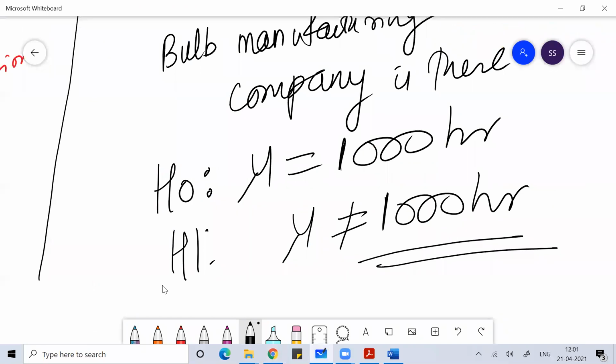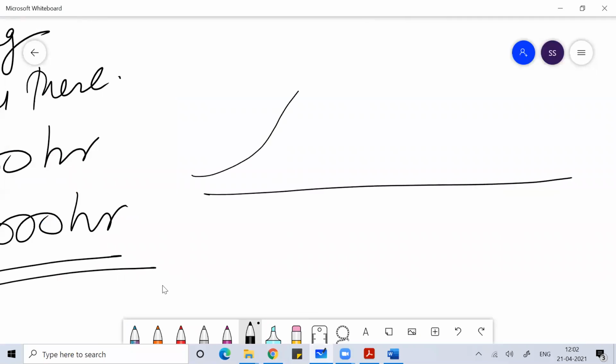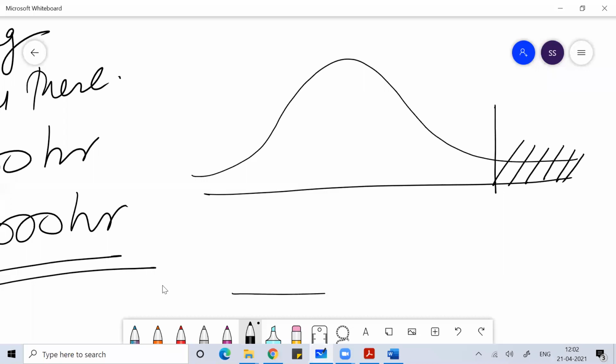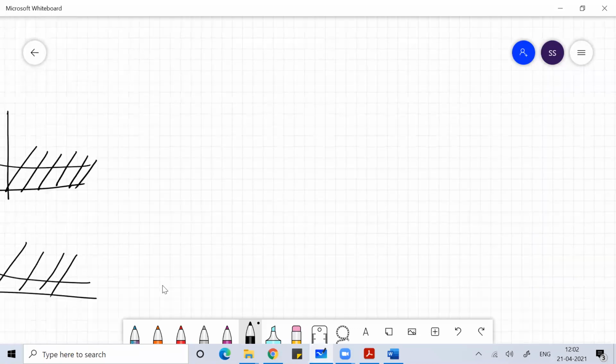So you need to understand that whenever you perform a test, we perform the test at a certain confidence interval. It may be true, it may not be true. If you increase the level of significance, okay, and level of significance means the rejection region, that is your level of significance. If you increase your rejection region, automatically you will reject more and accept less. And if you decrease the region, then you will accept more and reject less. So both have their own advantage and disadvantage.